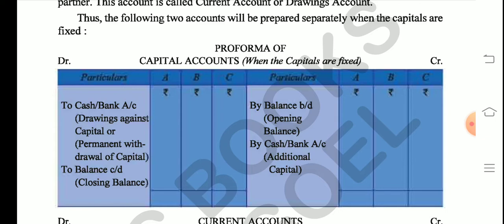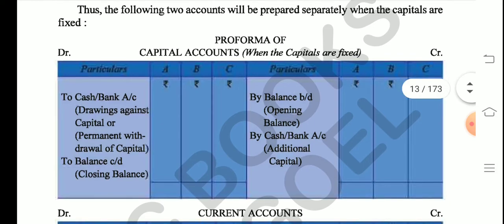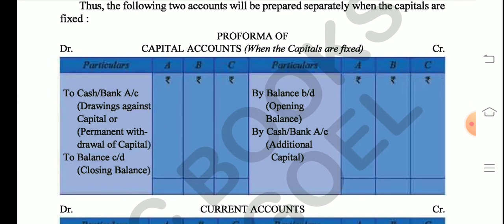You have got 5 chapters in this partnership book. So you need this capital account format for each chapter. So you have to really learn this topic. So as you can see, as many partners as there are, we'll draw columns for them and we'll divide the ledger into two parts, debit and credit. We'll write